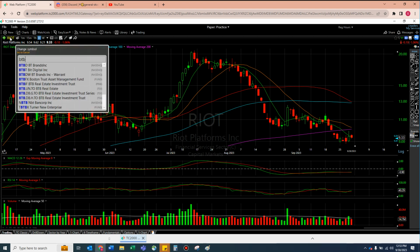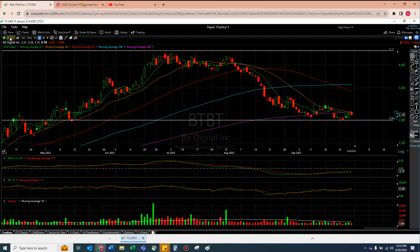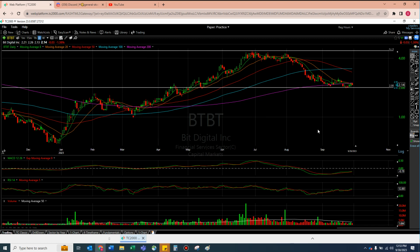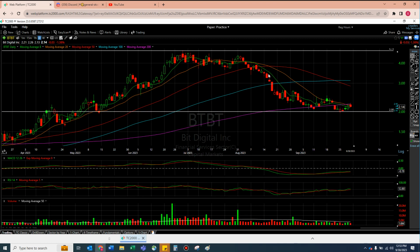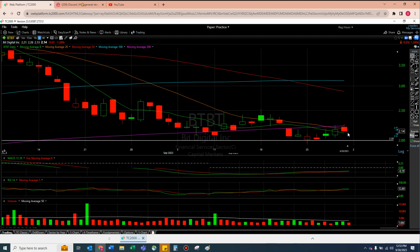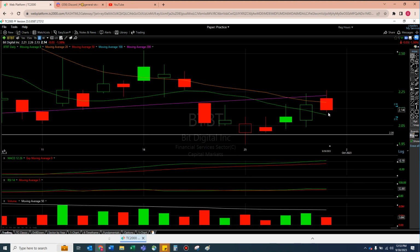BTBT. This was a J Pong special, actually. I remember this thing crushed it since Jay brought it to the table. Unfortunately, it's starting to mimic the rest. It loses the 8 and the 20, goes to the 50, goes to the 100, goes to the 200. Doing a little better to try not to lose them all. It's at least literally sitting over 1. It is still over the 8 moving average, but